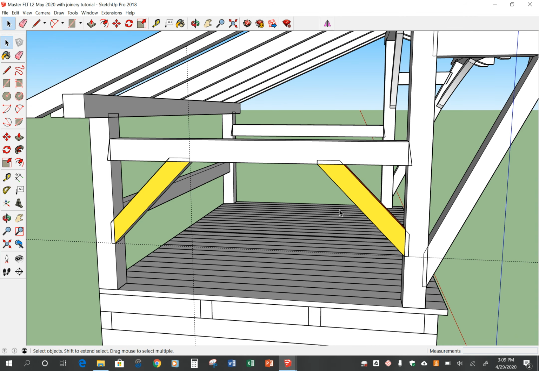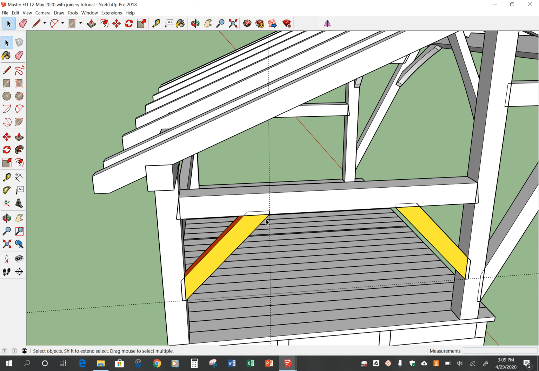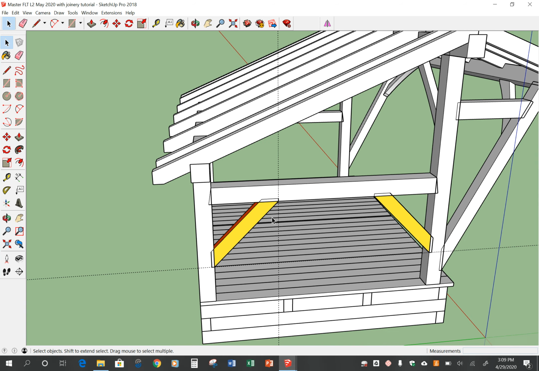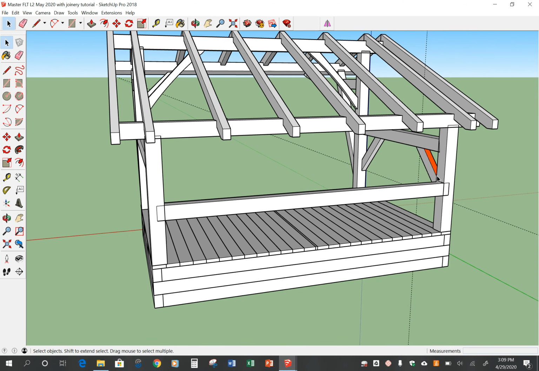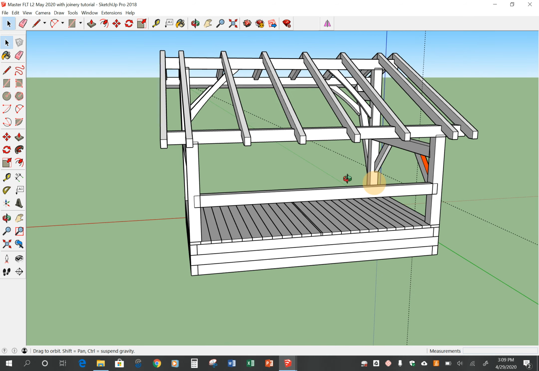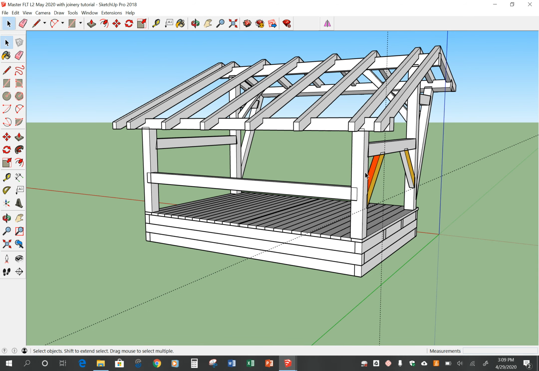Now you might ask, why did I bother doing that? Why did I bother painting faces? Because if I had done this incorrectly, the tenon could have ended up on the outside face, and I want it to be exactly how the other one is. This is why it's helpful to paint those faces so you can make sure that it's going in the proper orientation. So we could simply bring these braces along this back wall, but those are 90 degrees offset